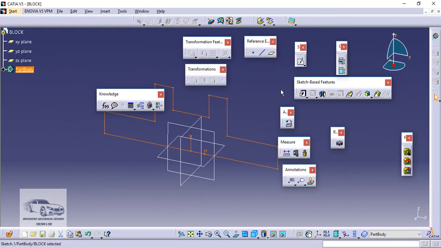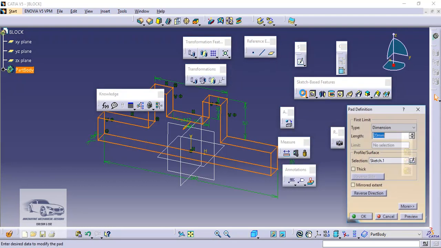Again, in order to provide it a depth, and that too a linear depth, we have the option of pad, that is the extrude command. It pulls the sketch up to a linear depth. So here the depth is mentioned in the drawing as 120.